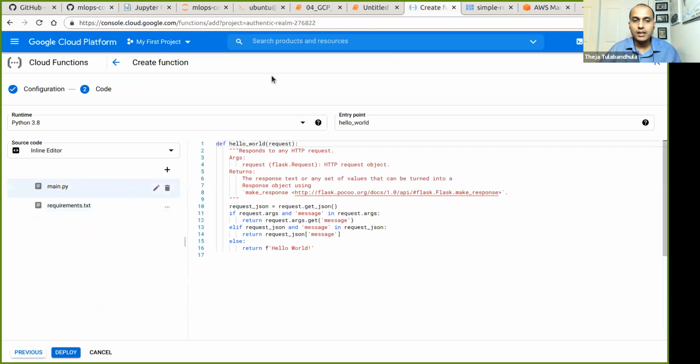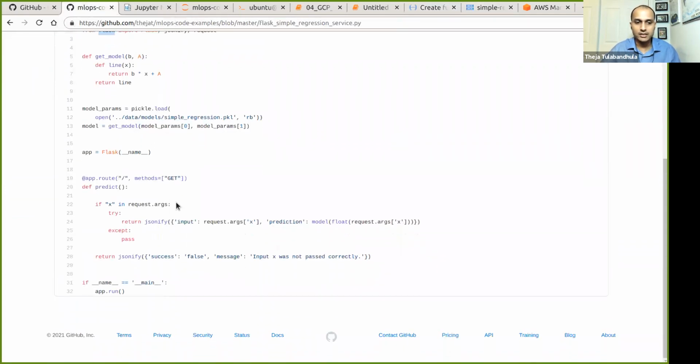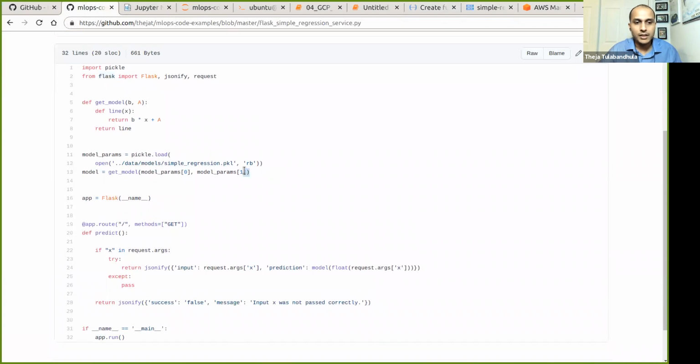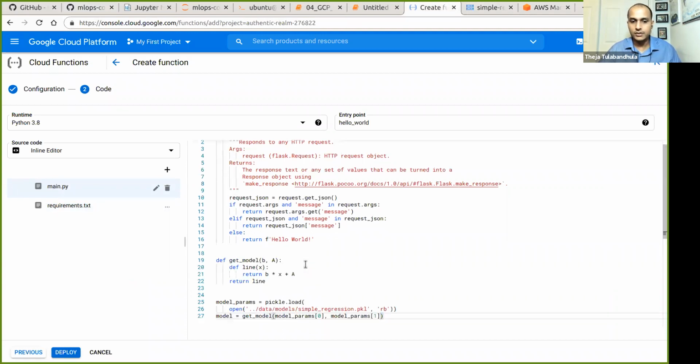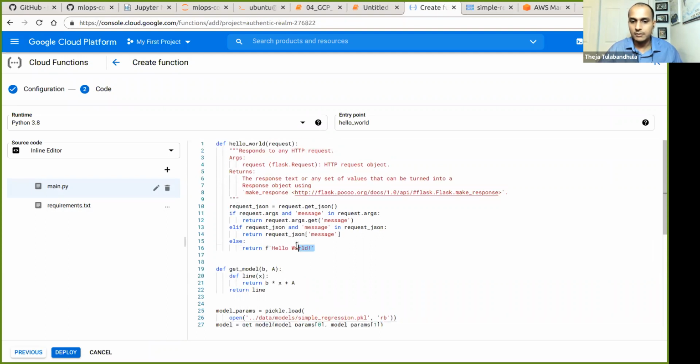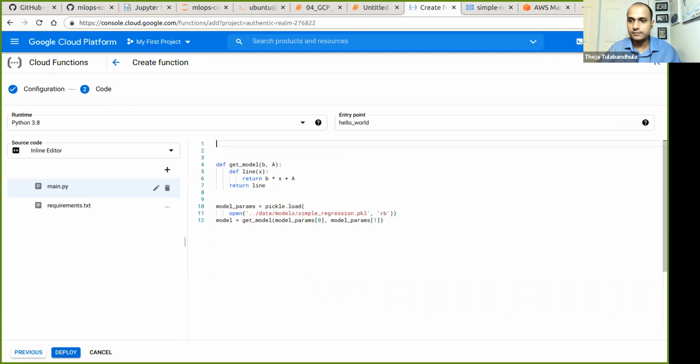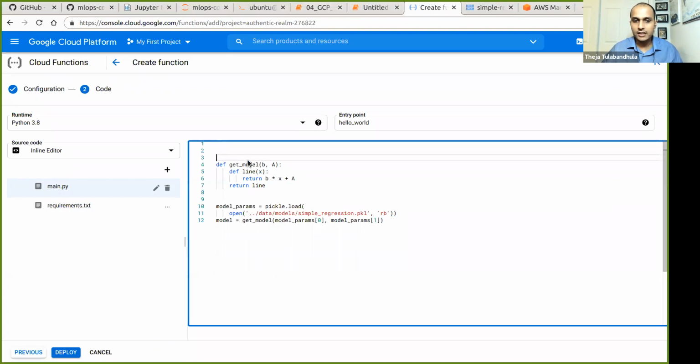Next, the main file. What we're going to do is go back to the model description and copy this part. And this is where a lot of changes will be. So let me remove this. And the change will be just on this part.